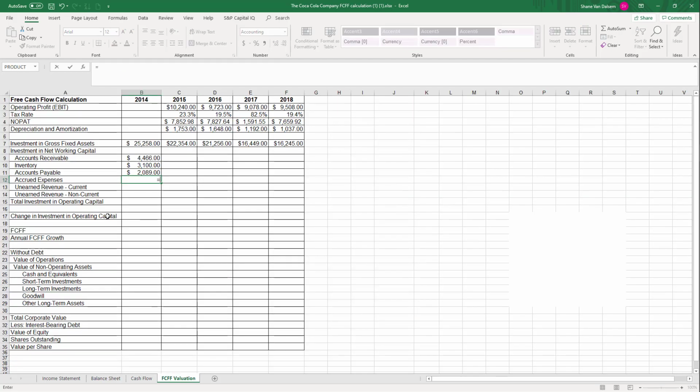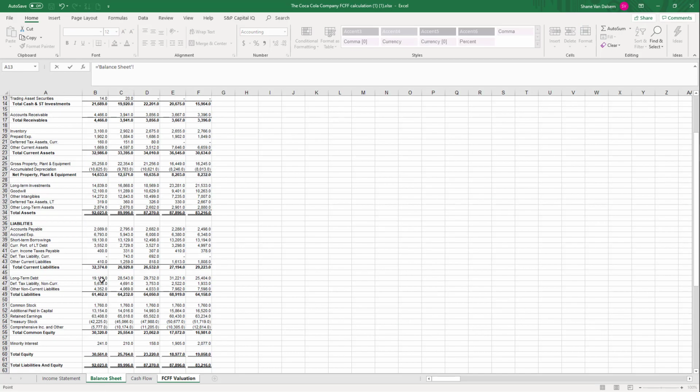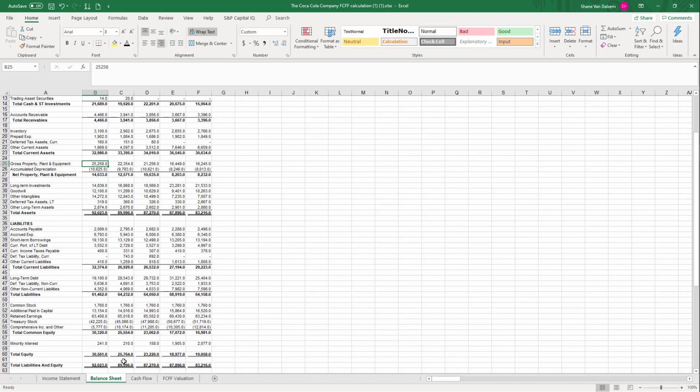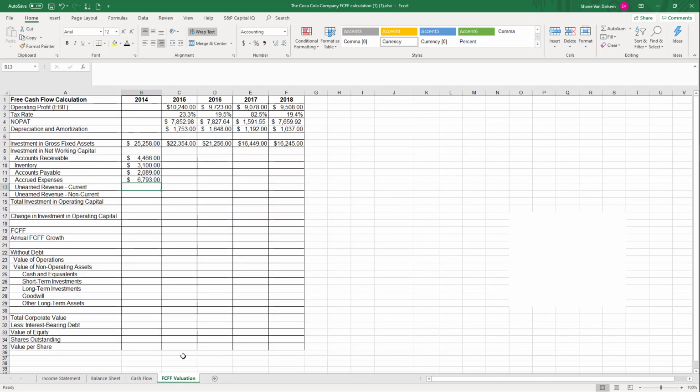Accrued expenses. Okay, and then Coca-Cola doesn't actually have any unearned revenue. That's what we would look at it for down here. We don't have any other unearned revenue for Coca-Cola. So we go back out here to the free cash flow to the firm valuation, and we can actually